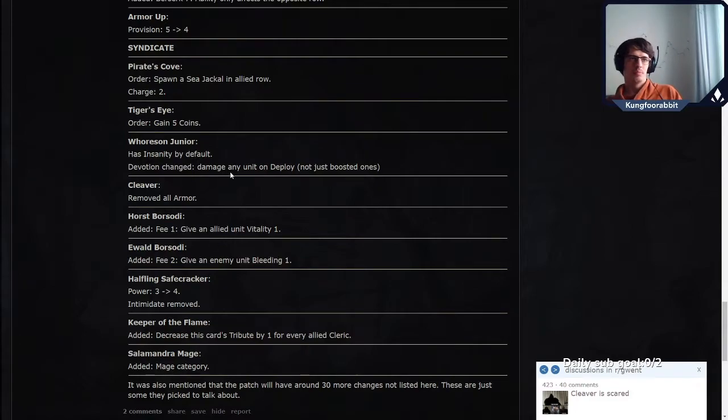So yeah, the Barsodi Brothers, nice to see them buffed, but that's a buff that probably doesn't influence the meta. So Salamander Mage, the most important buff is Salamander Mage getting a mage category. People were uninstalling the game because of that, like a mage not having it. We had some cleric before that didn't have the cleric category, so it usually takes 6 to 12 months for projects to add the category, but yeah,